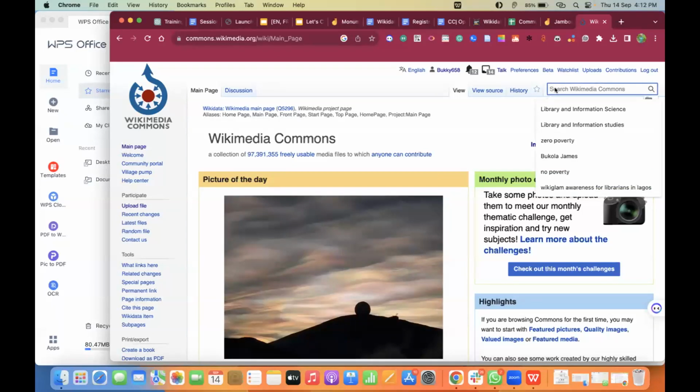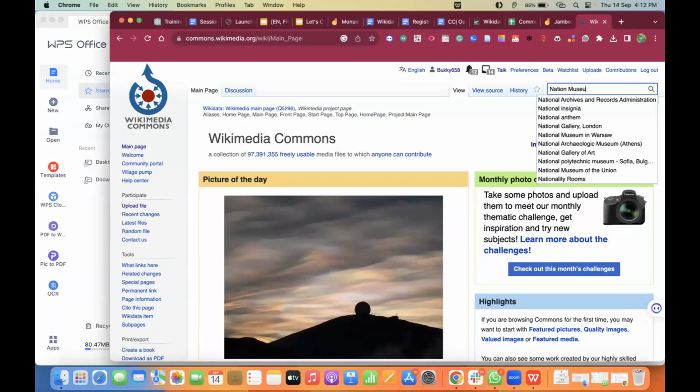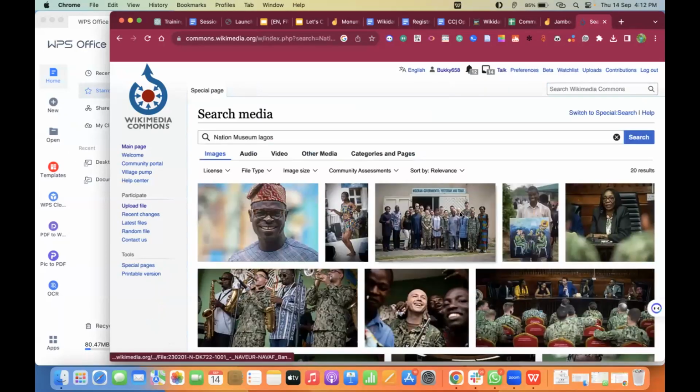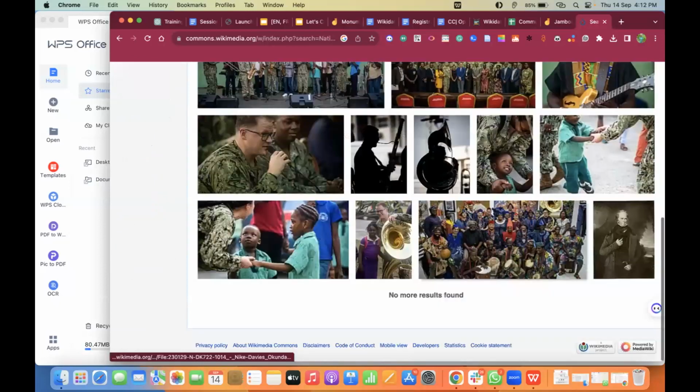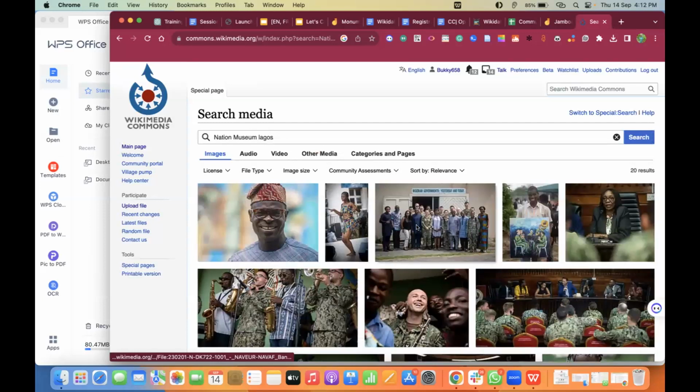You can do that by using the search box to look for the National Museum in Lagos. So you look for the name of that museum using this search box. Once you've done that, you can go over and pick specifics.